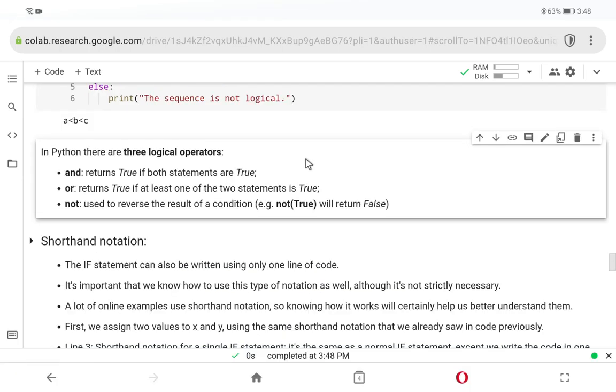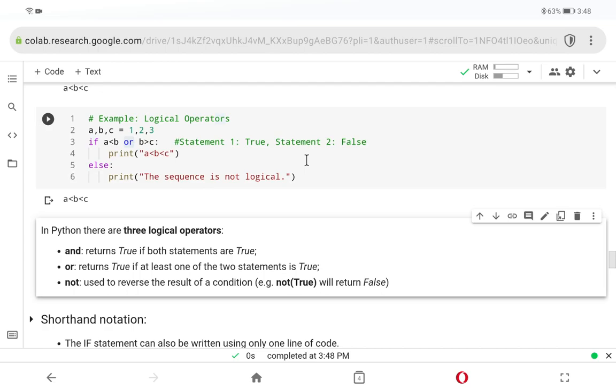So use these three logical operators with caution, because if you're not careful of the outcome and it doesn't follow logical statements, you would find that you might not have the intended outcome that you wanted in the first place. Okay,